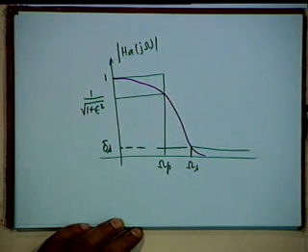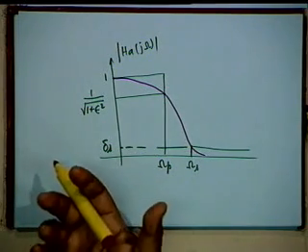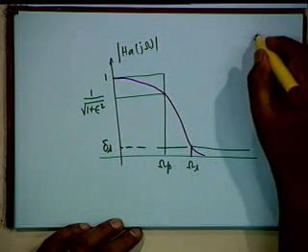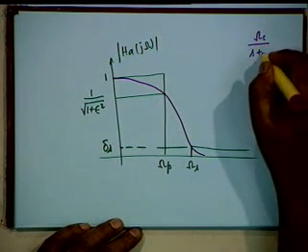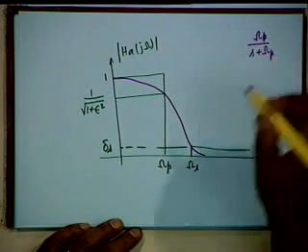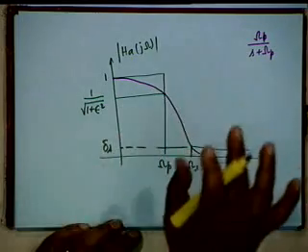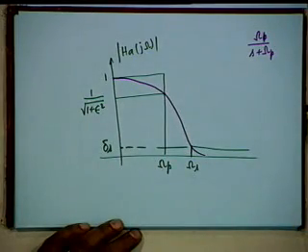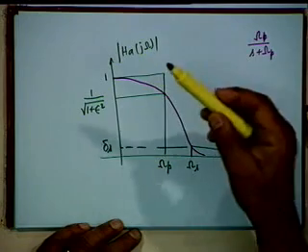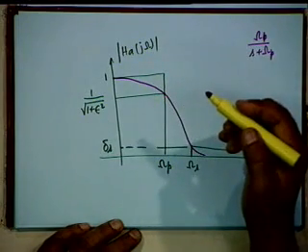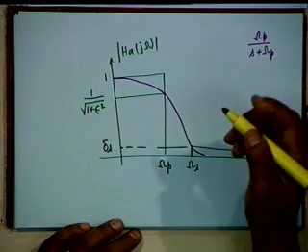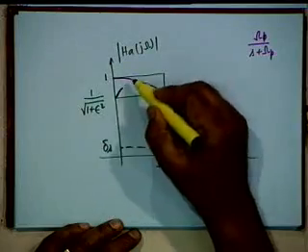The answer should have been obvious. For a first order filter, either Butterworth or Chebyshev, it is the same, because the transfer function is omega p divided by s plus omega p, that is all. Whether it is Butterworth or Chebyshev, it is the same. All right. Now, second order. For second order, obviously at omega equal to 0, C_n squared is 1, and therefore it starts from here and goes like this.